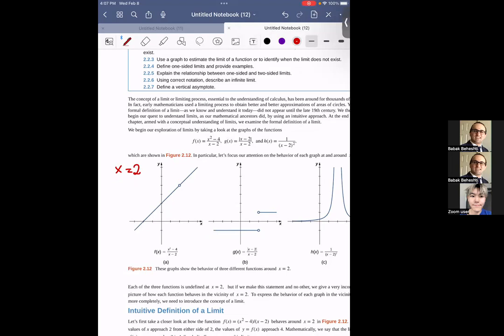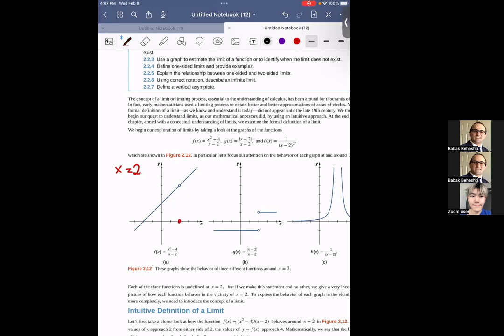That means the function is not defined. But the limit exists anyway, because as x approaches the point 2 on the x-axis,